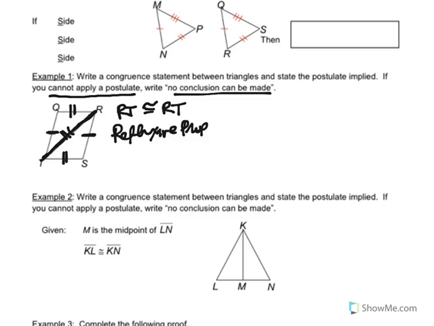So we have our 3 sides. QT is congruent with RS, TS is congruent with QR, and RT is congruent with RT. And so we can make a congruent statement, triangle TQR. And now let's look at the order I did that. We went from T to Q. And so we're going to go is congruent with